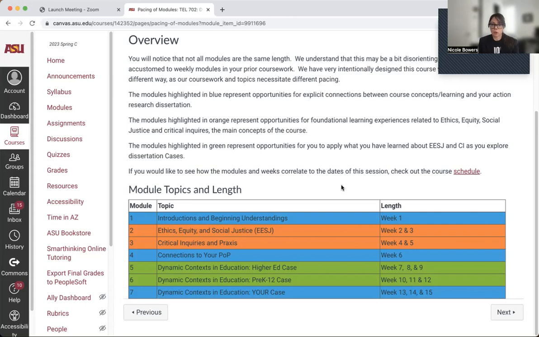The second part of the course, we're going to be doing some case studies, and modules 5, 6, and 7 are 3 weeks apiece, and you have plenty of time to explore and apply what we learn in the first part. This is to help you develop skills that you're going to be using in your dissertation and in your own research design. Again, we'll talk more about that in the specific modules as we get to them.